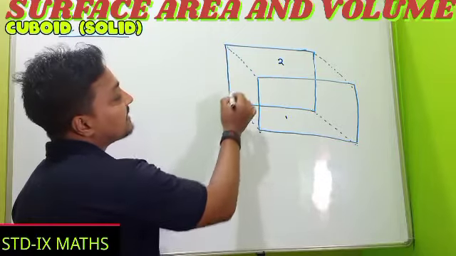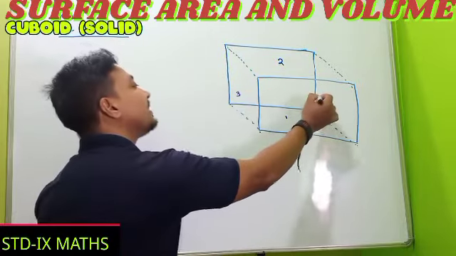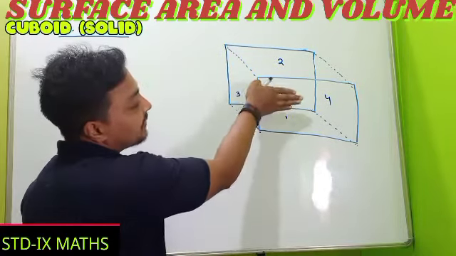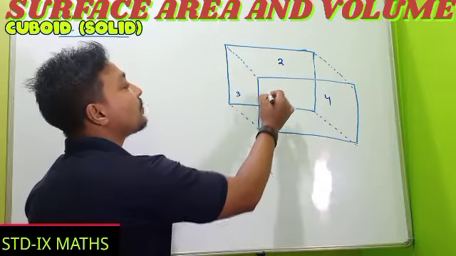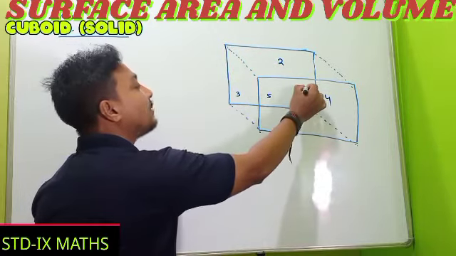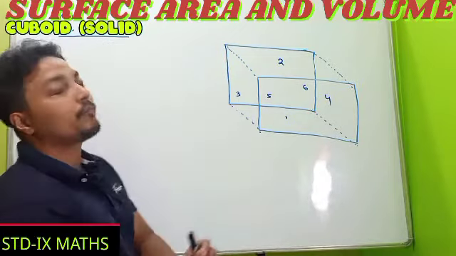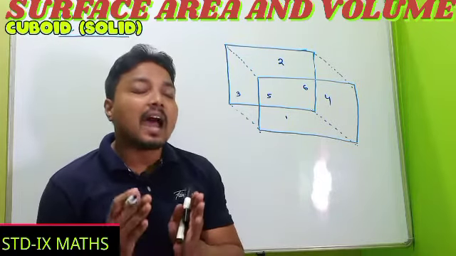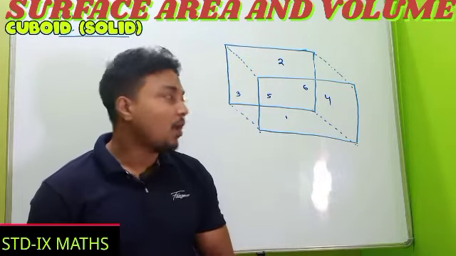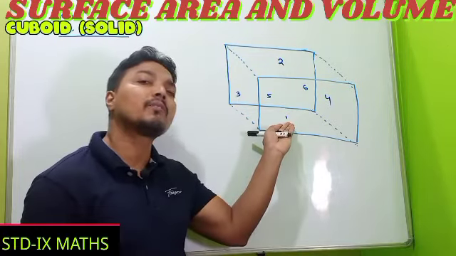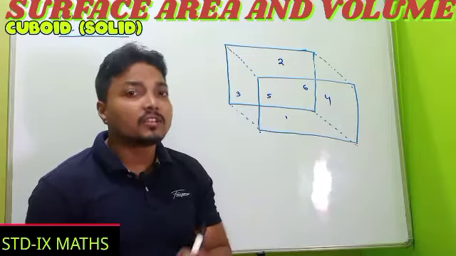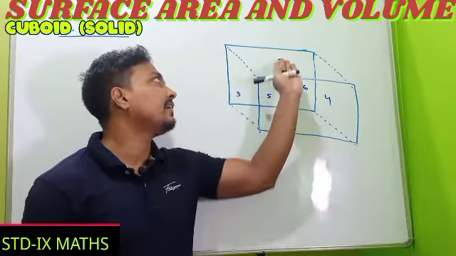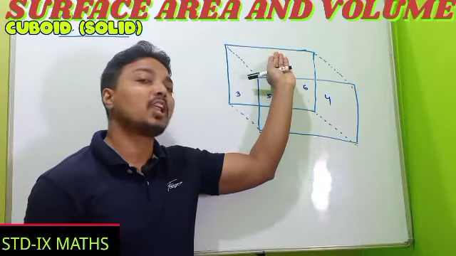And this one is our side one. Here it is suppose 3, this one is our 4. So both are also equal to one another. Another one is our front, another is our back. Suppose I take the front one as 5, and the back side as 6. So a cuboid has 6 faces, and out of these 6 faces, the face on which it is sitting, or standing, is called the base. This one is the base, and here is the top surface.